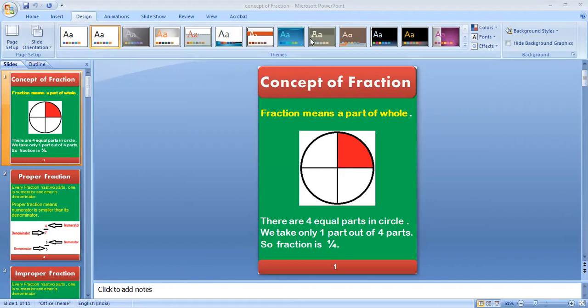Okay, now here I have to show another one, my concept of fraction. I already made this concept flashcard.